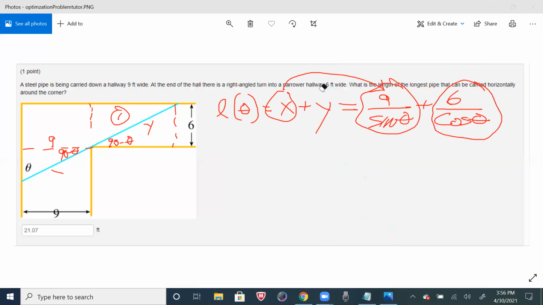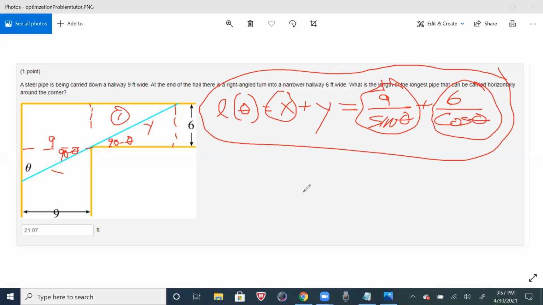Okay, it's a little difficult, but now I understand how the length of this steel bar as a function of theta is clearly x plus y, and x is 9 over sine theta, y is 6 over cosine theta. So the length function is what we're trying to optimize. So we want L prime of theta, and that is going to be